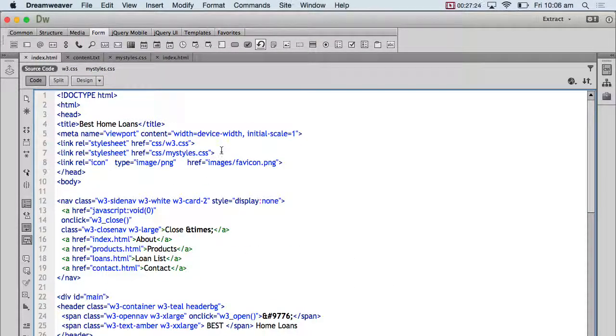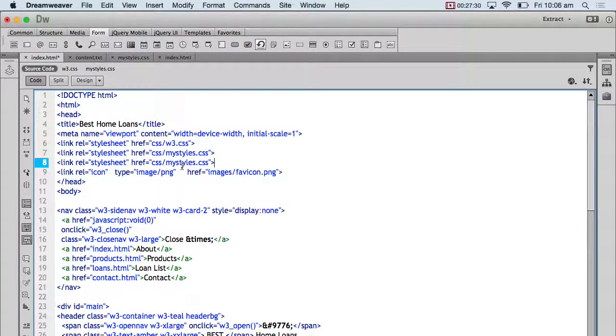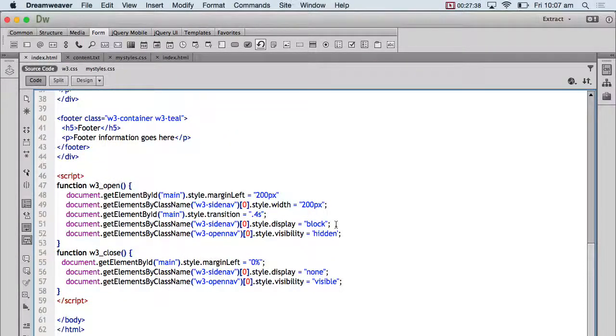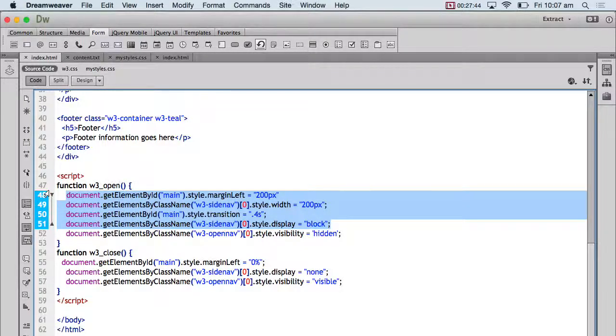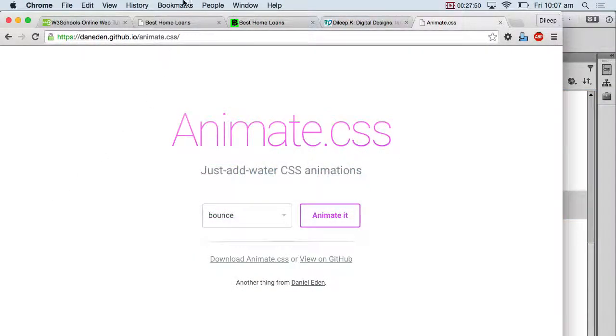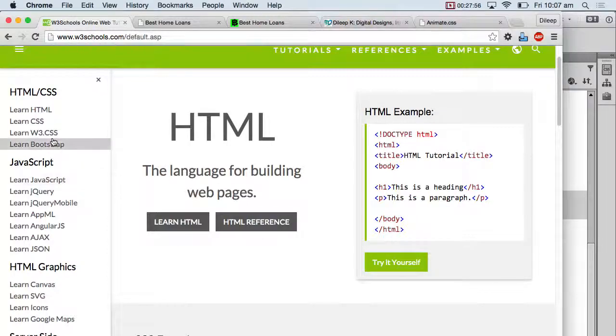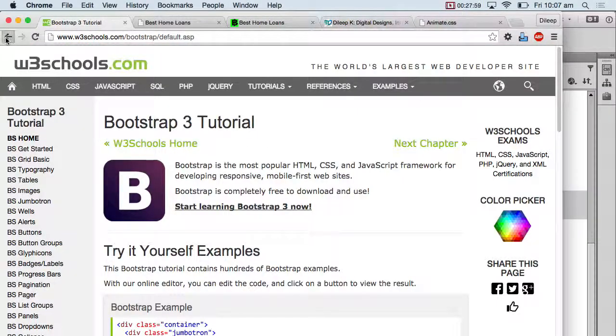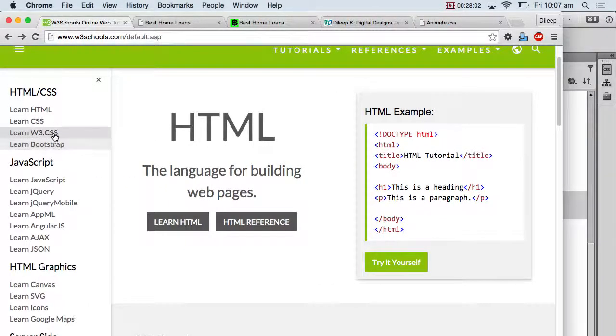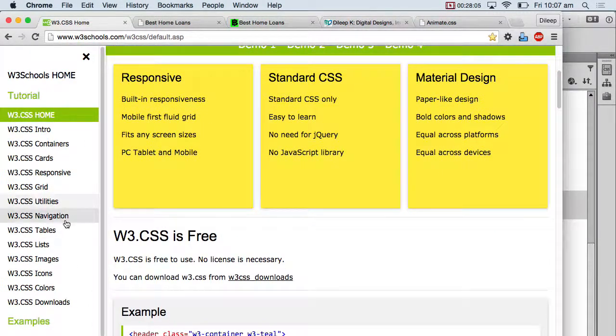The first thing that I'm going to do is link it. For my site, I cleaned up Animate.CSS to use only the animations that I was using. And I'll just go and get back my functions from the original nav. So in W3.CSS, sorry, in W3.CSS, I went to navigation,